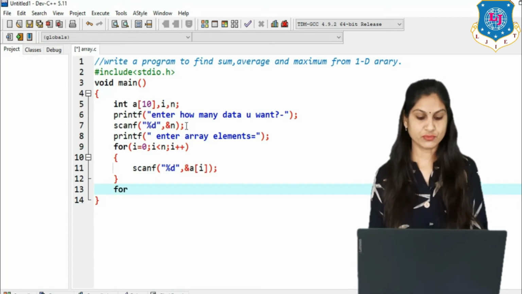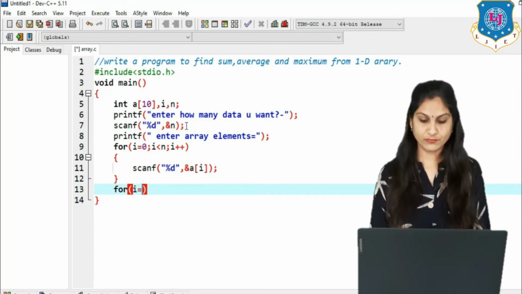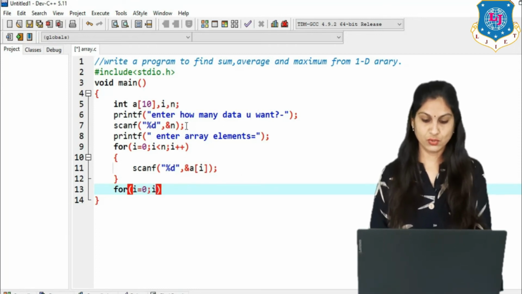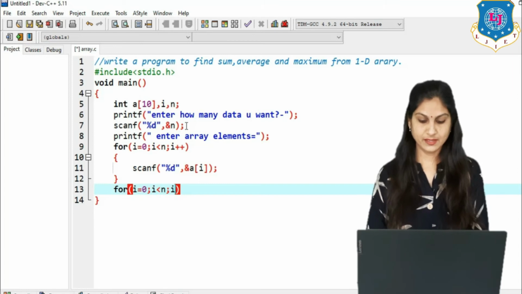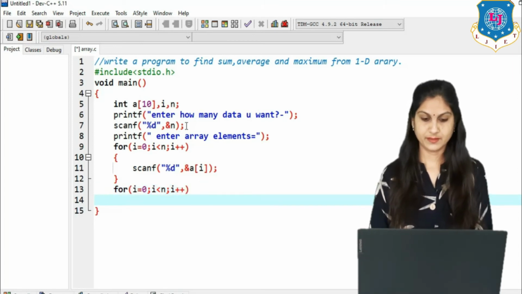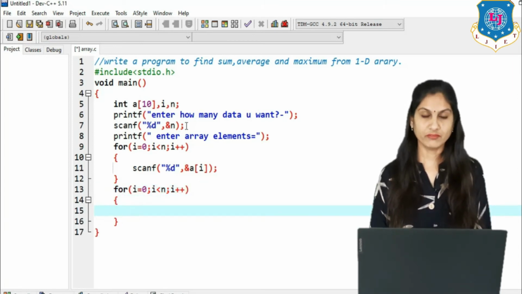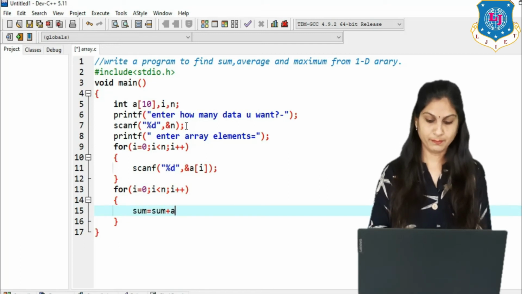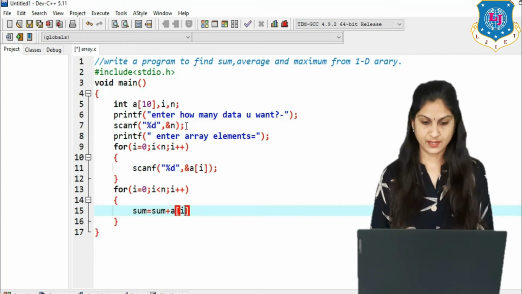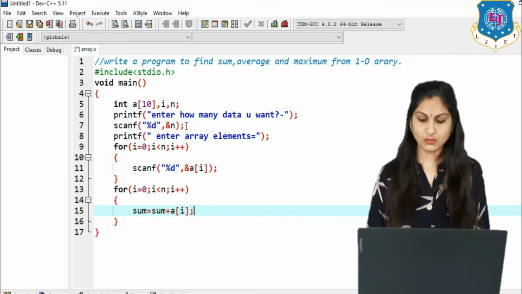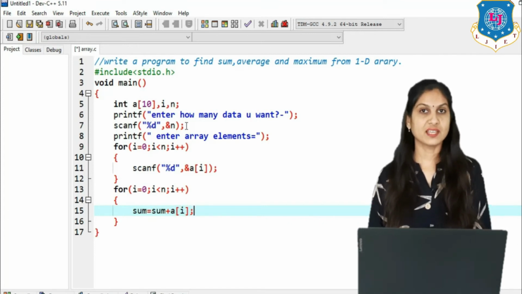So for that we have to write the for loop again. In the for we have to write i equals 0, i less than n, i plus plus. Which formula do you have to write? Sum equals sum plus a of i. Clear? Now the variable is missing. Which one?